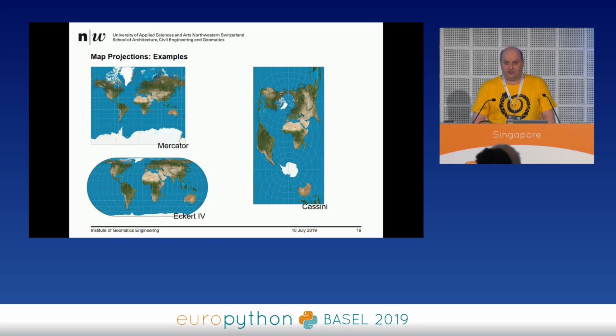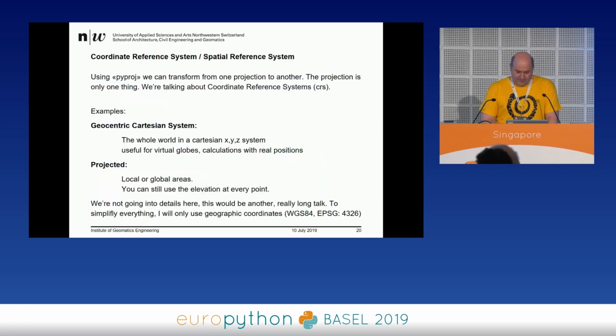I took 3 here out of many 10,000 different. Actually, you could invent your own map projection if you want to. And here I printed 3 of them. And you see they are all a little bit different. The Mercator projection is what you know from Google Maps, etc. And you see the Antarctic down here is bigger than most other continents, which is completely wrong, but it's an effect of projections. So we can look at these so-called coordinate reference systems or spatial reference systems, and we can